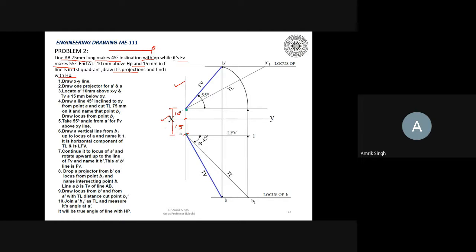Now it is given the front view makes an angle 55 degree. So front view makes an angle here. Okay. So front view is given, it is 55, you will draw. Okay. But it is not known up to where it is drawn. So we know this is the line. So what we'll do here, it is given that AB line is there and it makes 45 degree with VP. So this we will draw as 45, and we can draw this true length because it is given to us. How much it is given? It is given as 75. 75 mm. हाँ, so we can draw this.